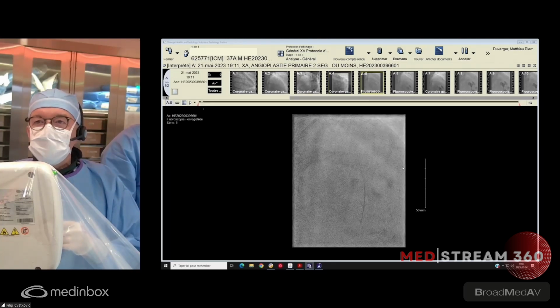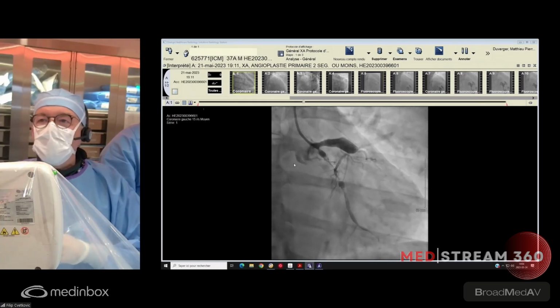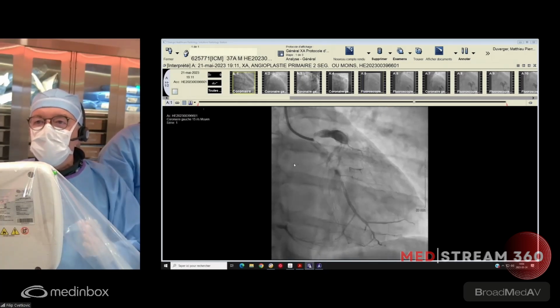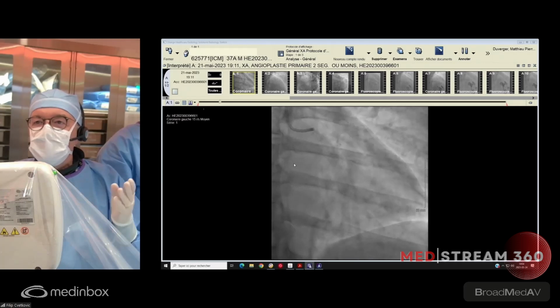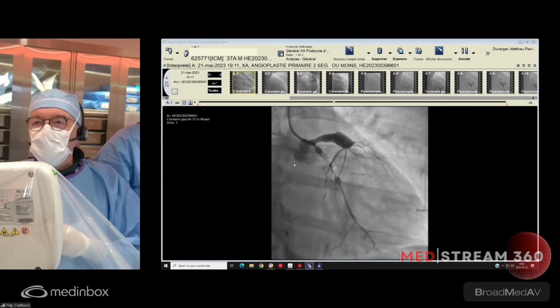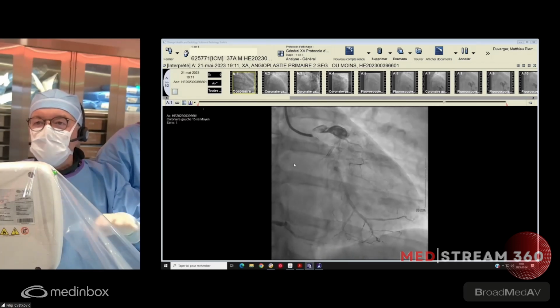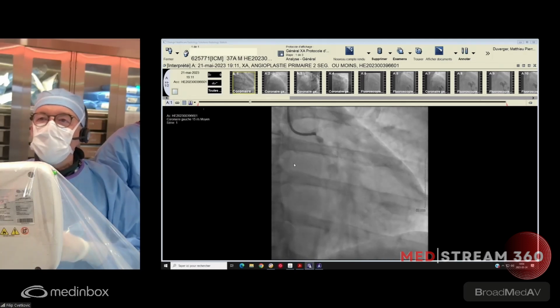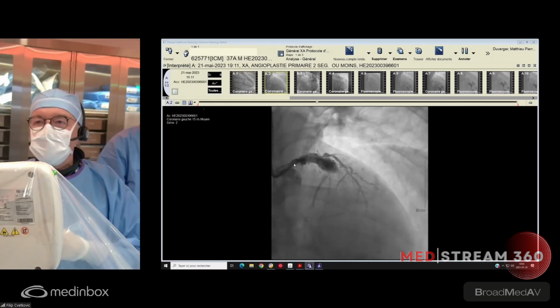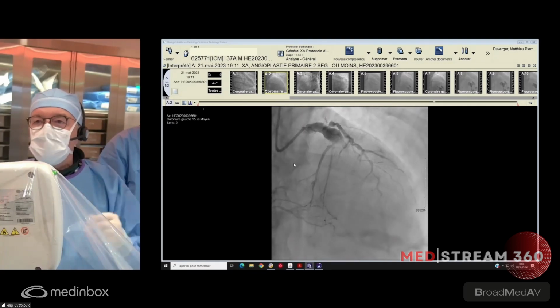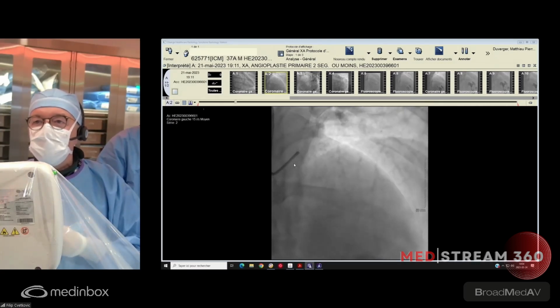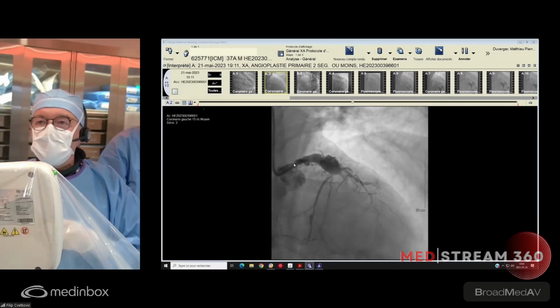You can see quite extensive disease. RAO caudal, you can see the LAD that's totally occluded, quite aneurysmal, and then the circumflex marginal that's subtotal. You can see collateral to the right. We're suspecting an occlusion of the right. Now you can see the RAO cranial projection documenting the occlusion of the mid LAD with that